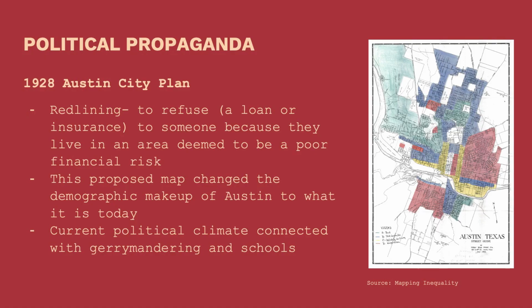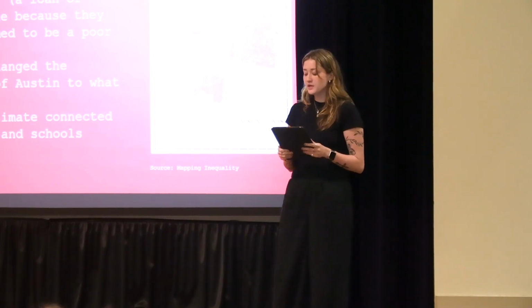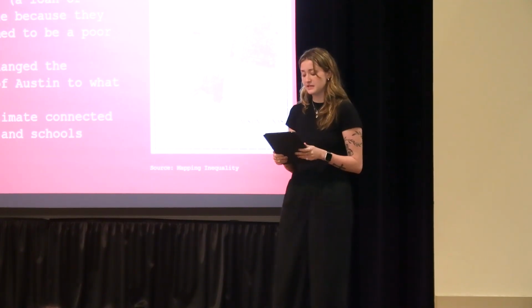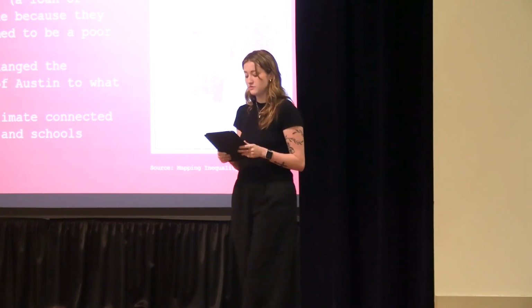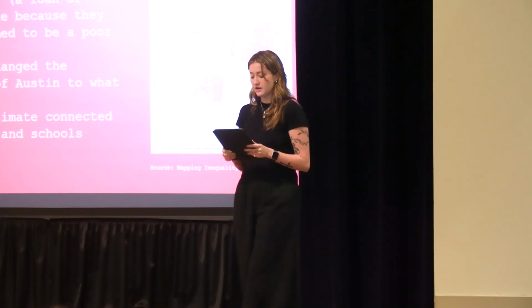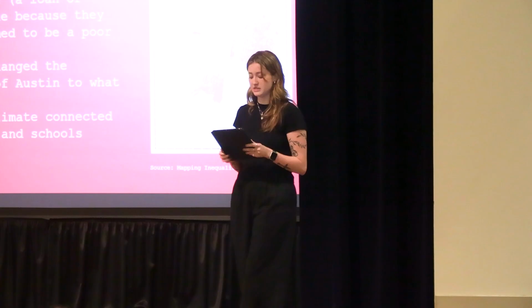So firstly, political propaganda. There's so many ways that maps and political propaganda are intertwined. You can look at the classic example, which would be gerrymandering. For those of you who are unfamiliar or want to brush up, gerrymandering by definition is the manipulation of an electoral constituency's boundaries so as to favor one party or class. It's the deliberate manipulation of electoral district boundaries to give one political party, incumbent, or group an unfair advantage.